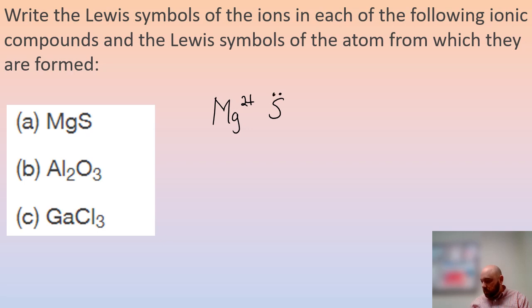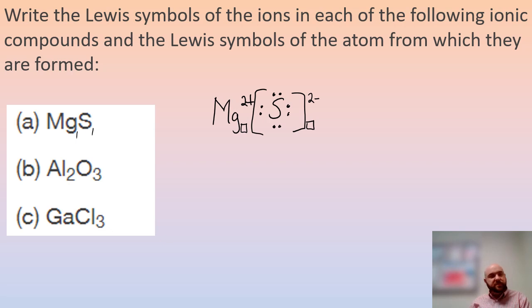We will show that all of its electrons have been gained, and we will encase it in square brackets. We also need to indicate the charge of the sulfide anion, and we can figure that out from its position on the periodic table. It forms 2- ions. We can see from the formula here there is only 1 magnesium atom and 1 sulfur atom or ion in our formulas, and so we do not need any subscripts here